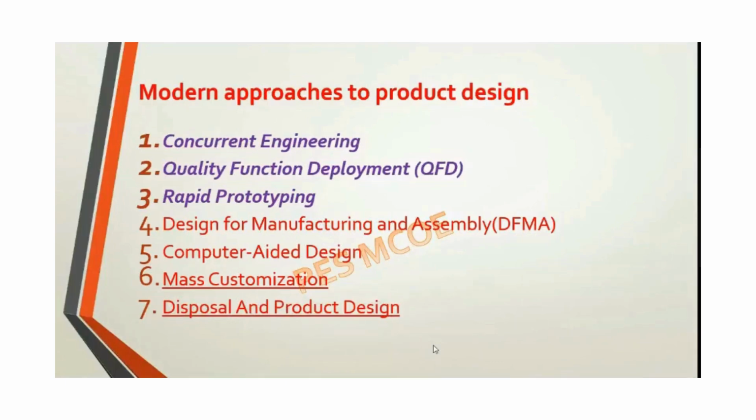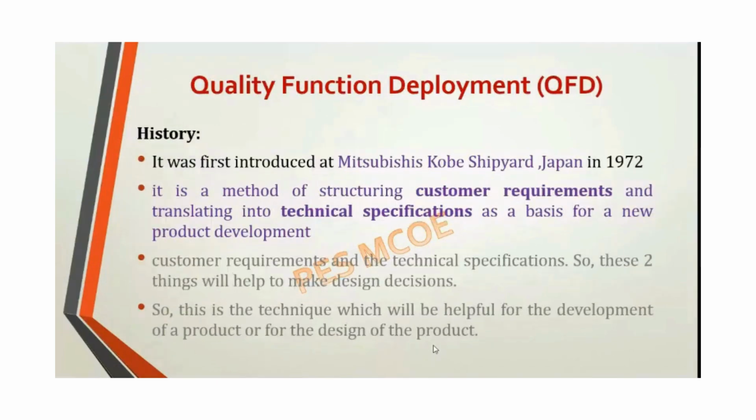What are the different or modern approaches in product design? The first three approaches are concurrent engineering, quality function deployment, which is also called house of quality, and rapid prototyping. We go one by one. So quality function deployment, or house of quality, was first introduced by Mitsubishi, the well-known manufacturer of cars or automobiles,